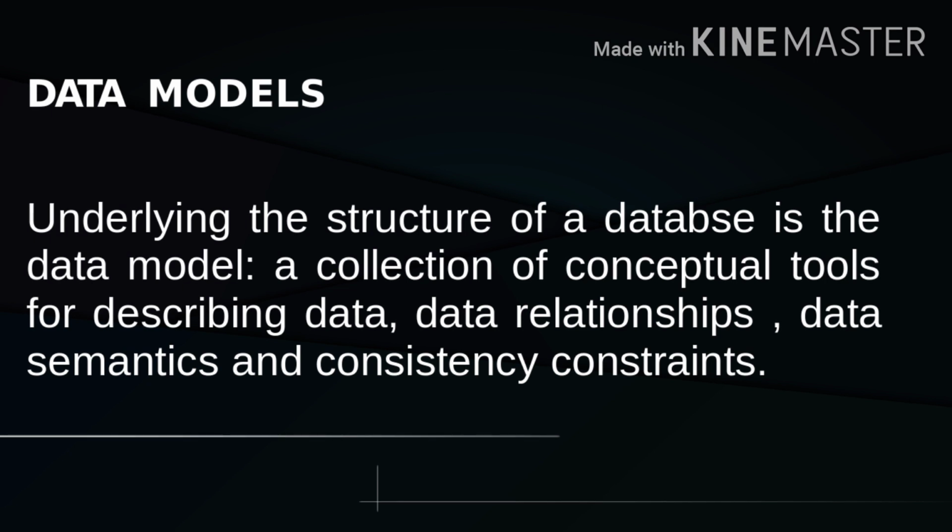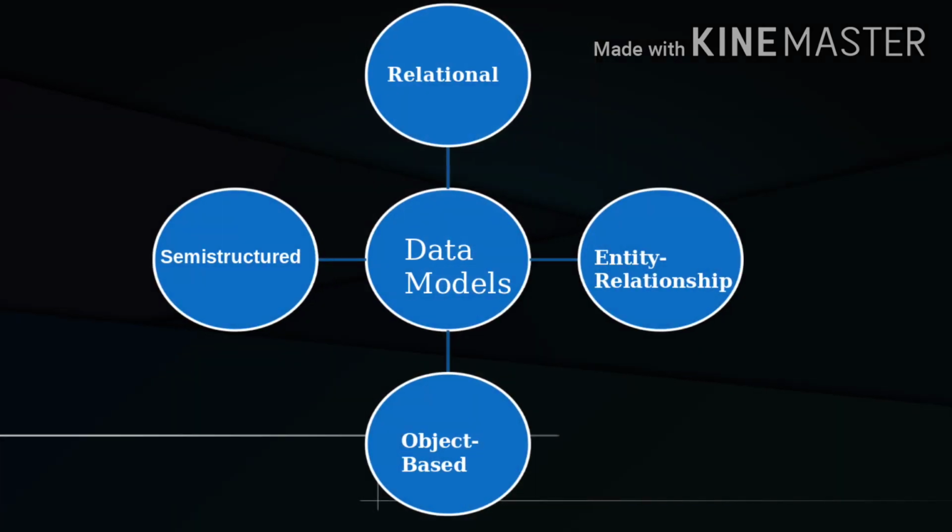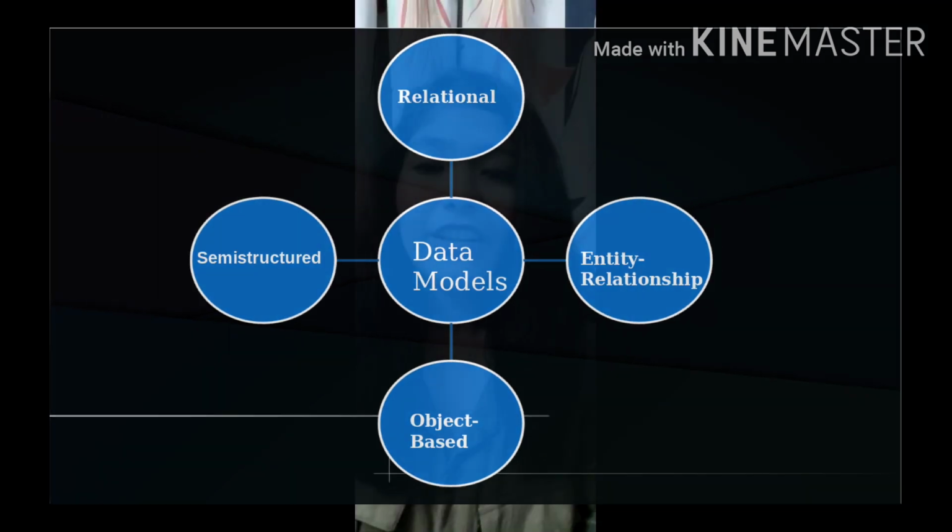Now moving towards the last view of the data, that is data model. So what are data models? A data model in the database management system defines or explains the logic behind the structure of the database system, and should usually include all the tables of the database. There are several types of data model. Some of them are the relational data model, entity relationship data model, object-oriented data model, semi-structured data model, etc. But in this video, we are going to discuss some of the data models.